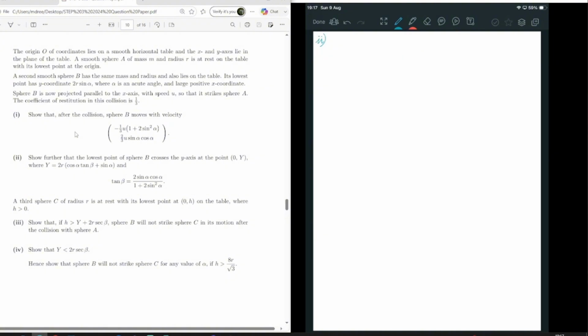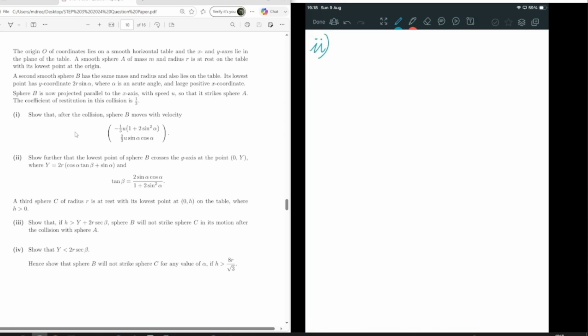Show further that the lowest point of sphere B crosses the y-axis at the point y, 0, where that and tan beta is that stuff. So we now have the velocity of sphere B, so we know the direction of sphere B. So you can write down the position vector of that bottom point. The position of base of B